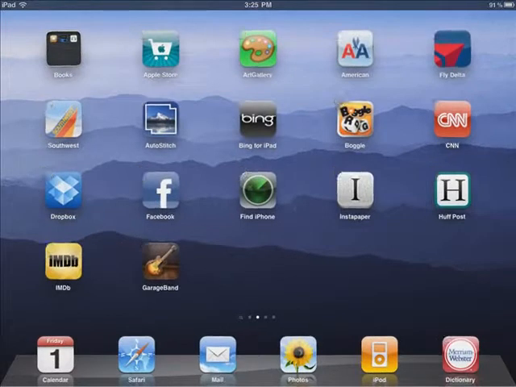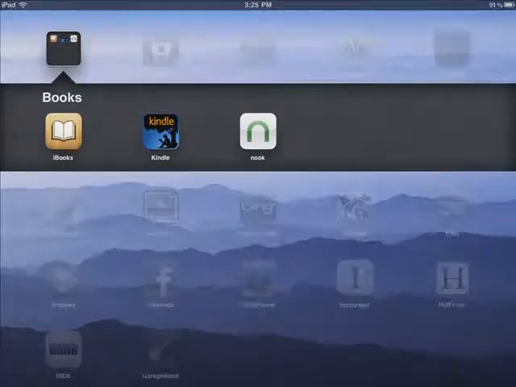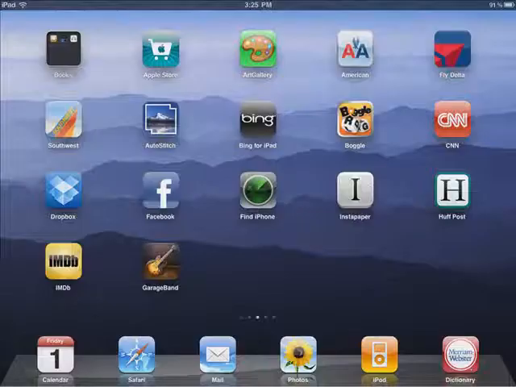They stop shaking. Now if I want to access one of those books programs, I touch on that folder, open it up, tap on the program, and I can launch my iBooks. So again, to review, the way that you would create one of these is you tap and hold an icon